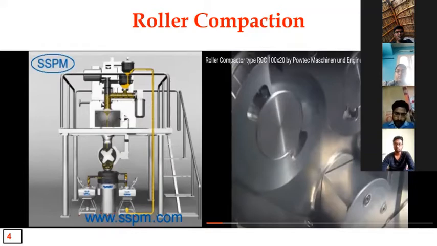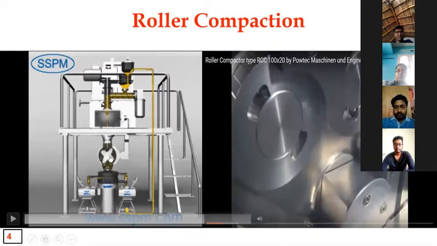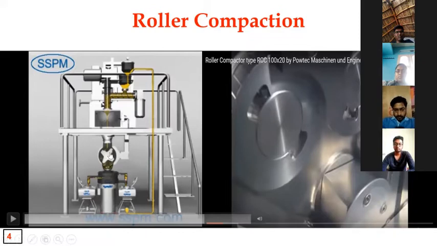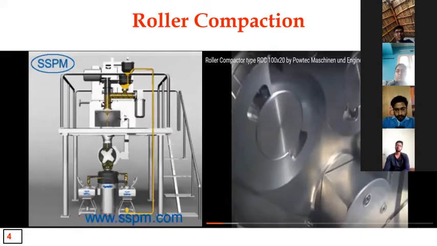What you can do is take the powders directly and just compress them, as the roller has compacted here. This high force of compression will form bands, like rubber bands, right? Small pieces. Those pieces will be broken down by this hammer, which will form smaller particles. This screen will separate these particles. I'm using the term particles, but these are not particles. These are the granules now. These are the compressed granules.